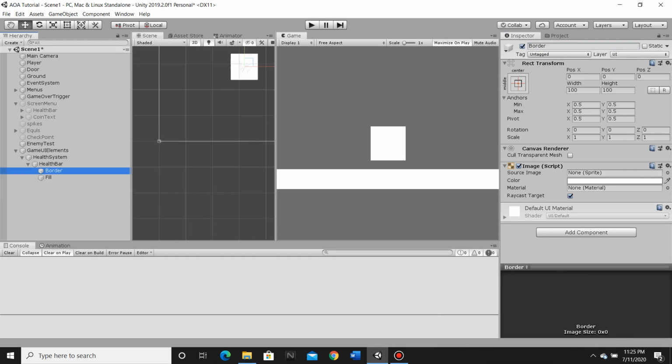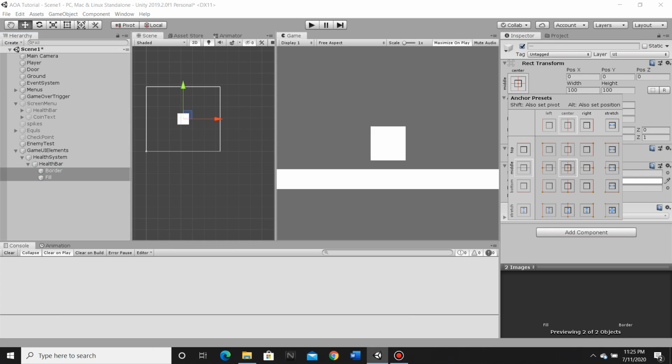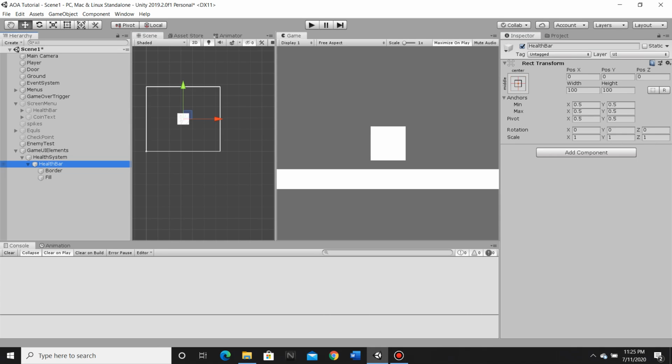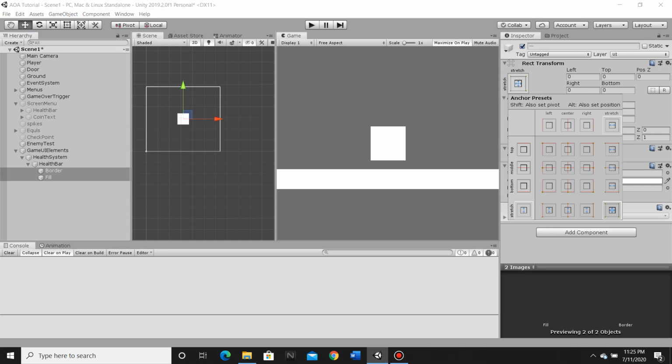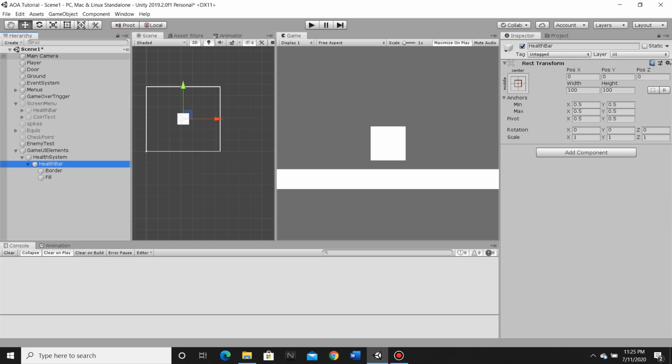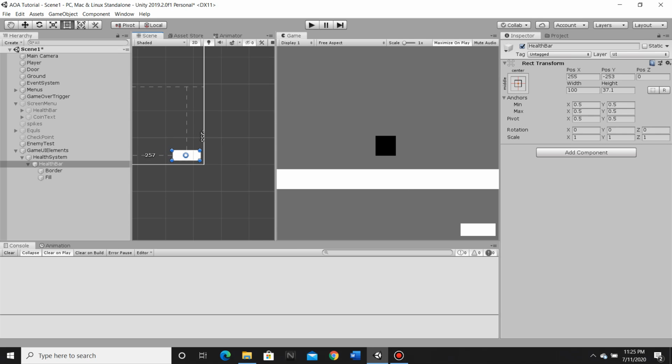Then I'm going to take both of these, go to the anchor, and make it stretch. And then I'm going to go to the health bar and resize it. So I'm going to make it about that, go to the bottom right, about like that. Make it a little bit longer, a little bit taller, just however I want the health